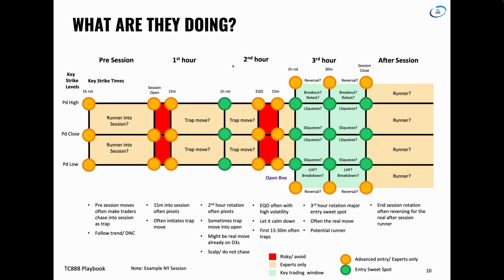Often 8-hour rotation here. You get your 8-hour levels, and often you get a trap move out of 8-hour of the 1-hour rotation into equity open. And the good thing is they will not come back before equity open typically. So they typically drag this move into the open, and you of course definitely have to cut the trade with